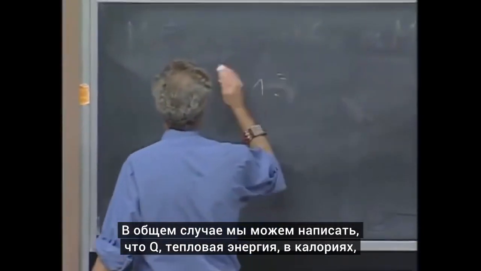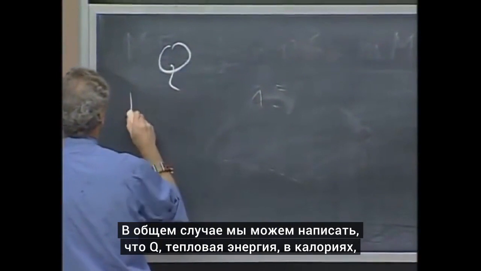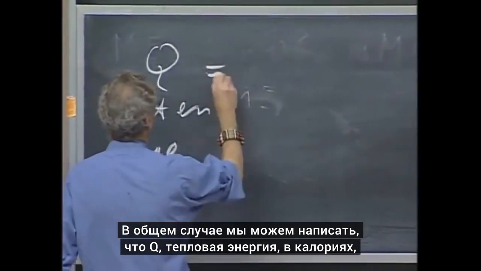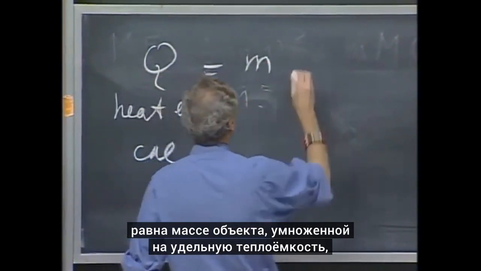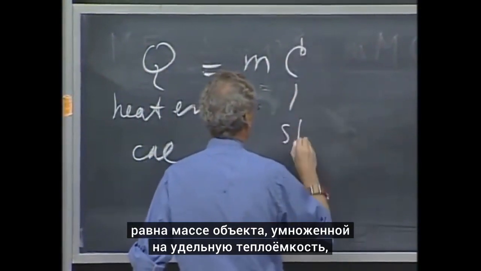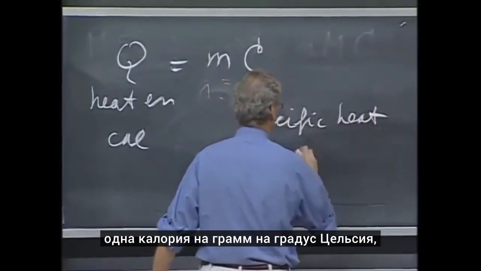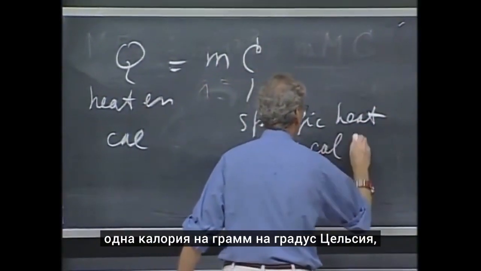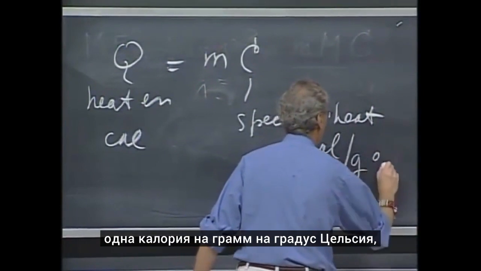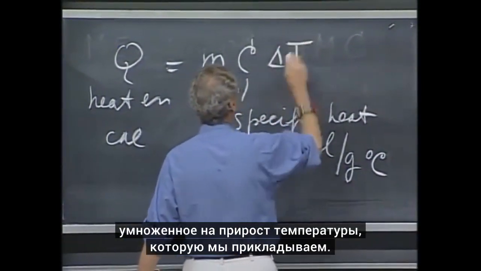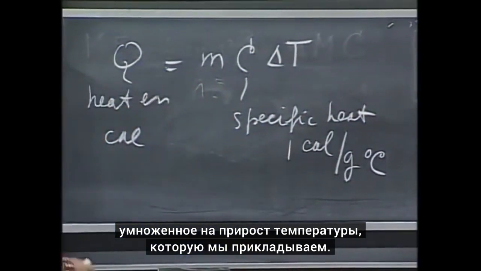And so in general we can write that Q, which is heat energy, in calories, is the mass of the object times the specific heat,